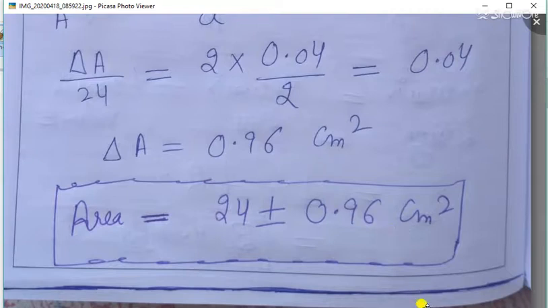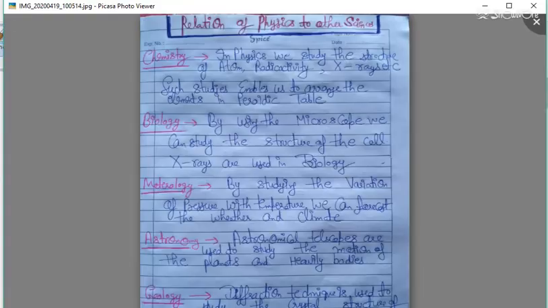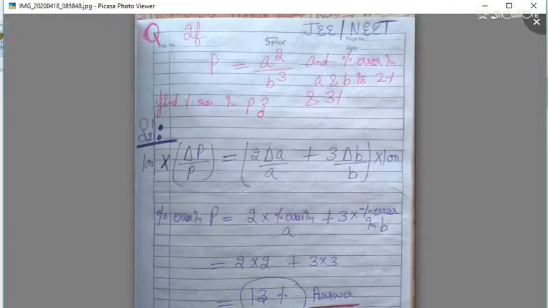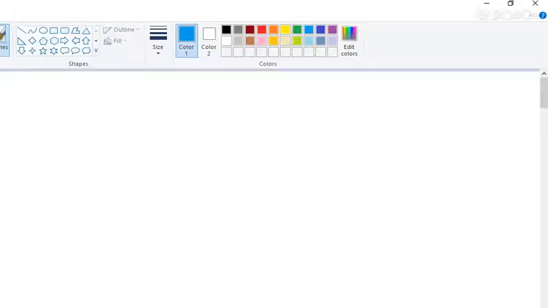So this is all about today's video. I am giving you one question, and I need the answer of that question. So in the paint I will give you one question. I am giving you the volume of cube. You have to find the volume of cube in proper units. So here we have volume of cube, you have to find in proper units,